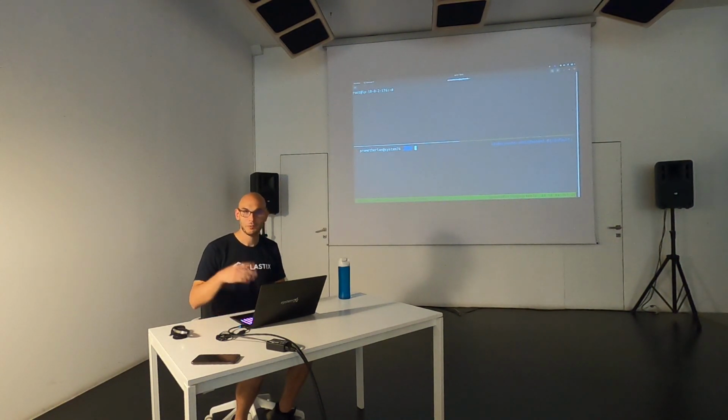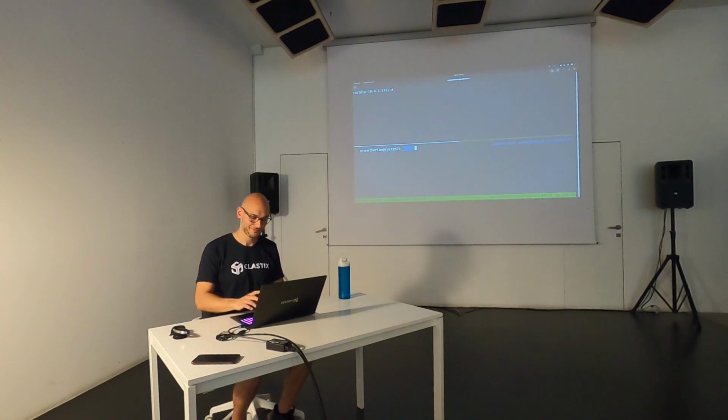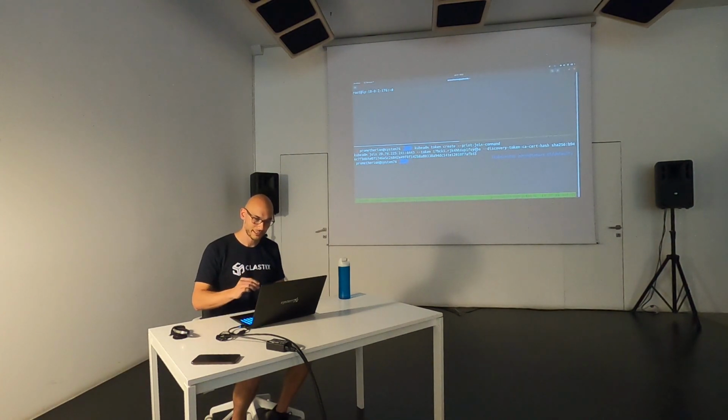So kubeadm, I would say that it's a bold statement. It's the standard way to manage a Kubernetes installation, and we truly believe that, and I will tell you why. So with kubeadm, I'm creating a token, and this token is printing the join command that I have to launch in the EC2 instance.